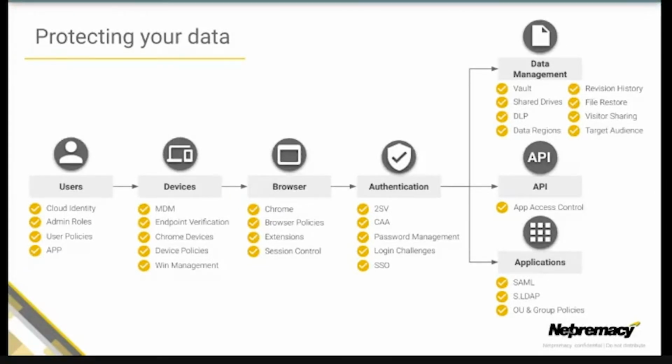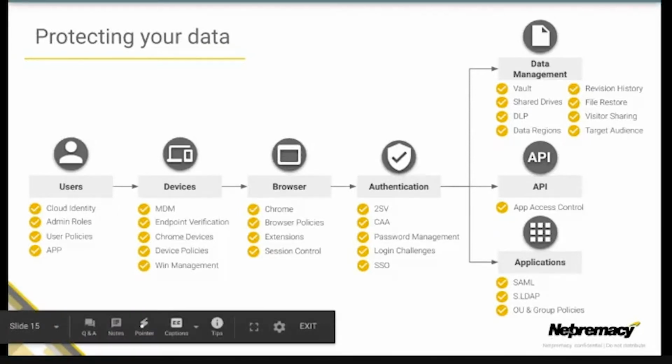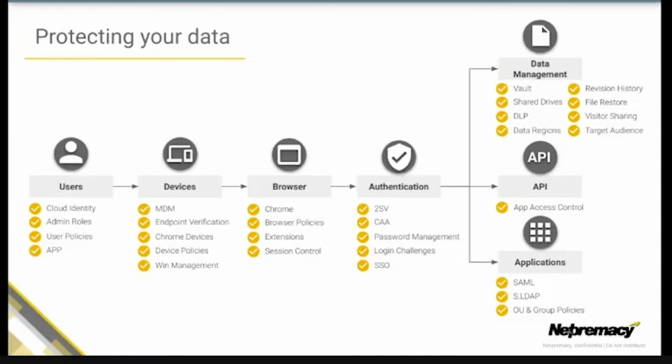From that point on, you're looking at the actual policies you apply to your applications and services, whether they're native to Google Workspace, or it's a method of access to a third-party solution, for example, through SAML. And that final piece is the data management itself, ensuring only the relevant people have access to the content in question. This could be through dedicated shared drives, through data loss prevention to protect against exfiltration, and some more recent controls like visitor sharing, allowing you to collaborate safely with non-Google users with the use of a PIN code.